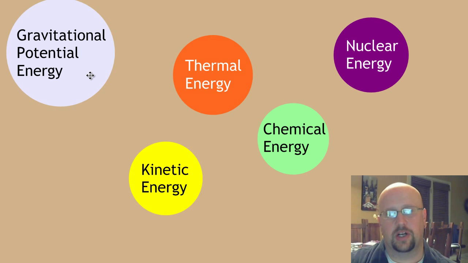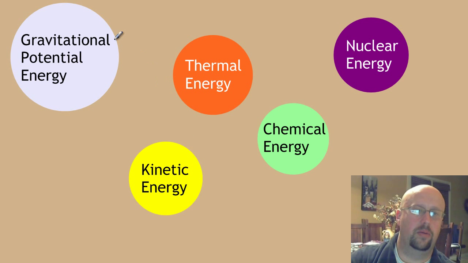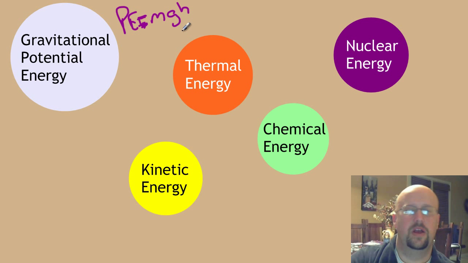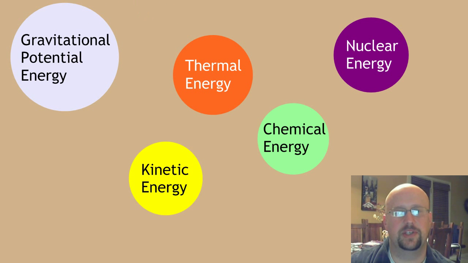Now, these are some of the forms of energy that we'll deal with all the time. In physics, you probably talk a lot about potential energy, particularly gravitational potential energy. So you probably used some equations that seem pretty familiar to you, something like potential energy is equal to mgh. That's gravitational potential energy. So the higher something is up, and the more massive it is, the more energy it's going to have. That's probably pretty familiar to you guys that took physics before.